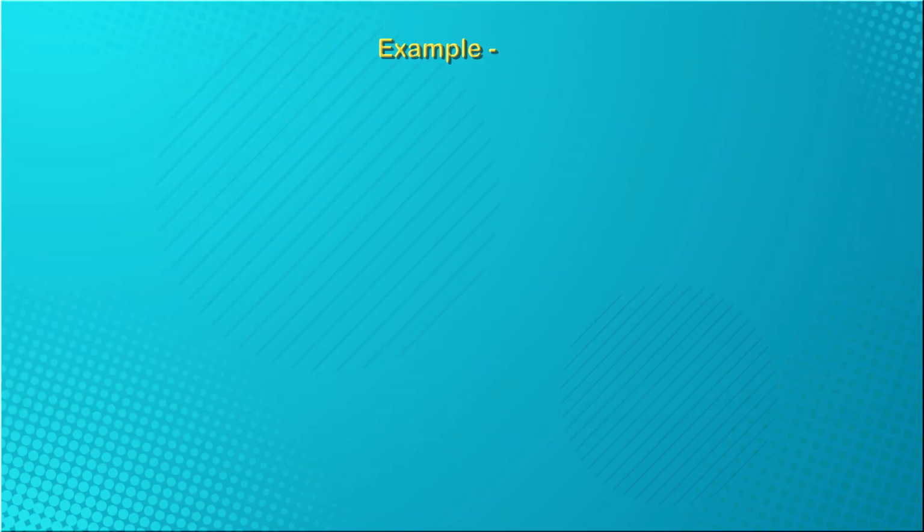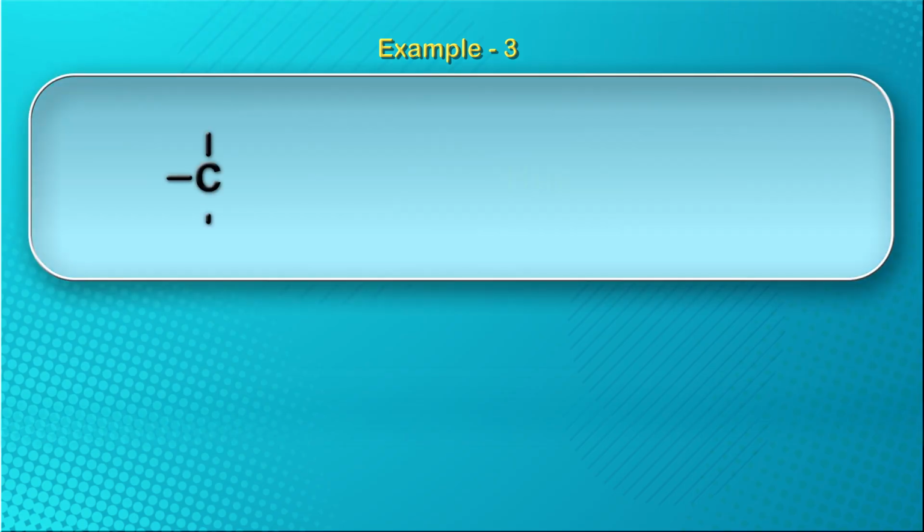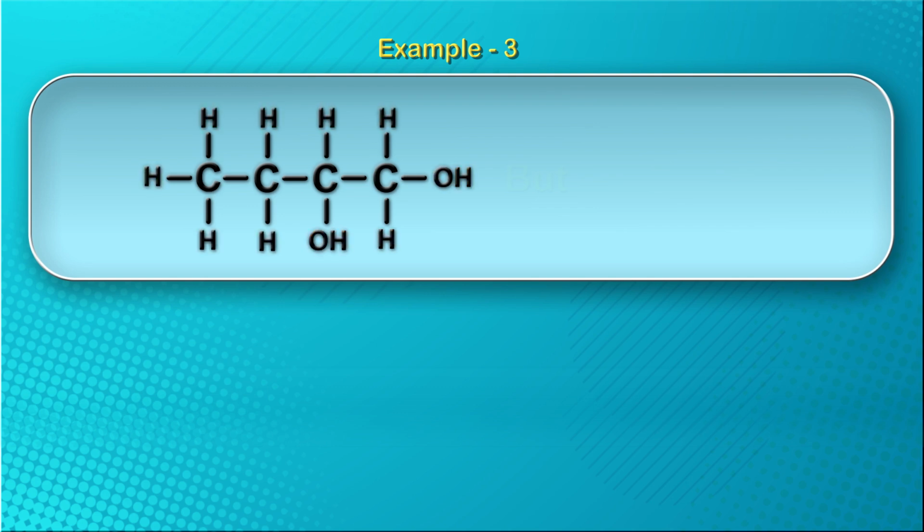Let us take one more example. The number of carbon atoms present in the given compound is 4. Now, we give the numbering to carbon atoms, that is 1, 2, 3 and 4. We can notice that there are 2 hydroxy groups located at positions 1 and 2 of the carbon atoms. Now,